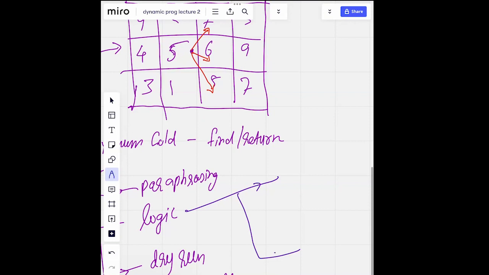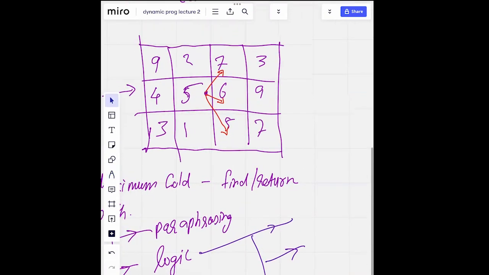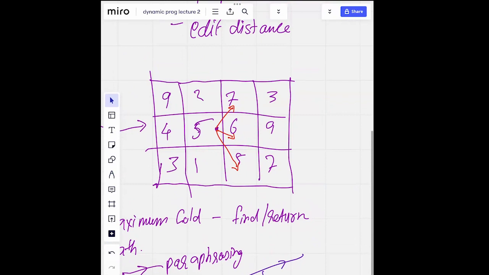So we can probably start from the first row column and choose the maximum value as the starting point. For example, from the first column, we will start with 9 itself. We'll not explore 4, 3, and